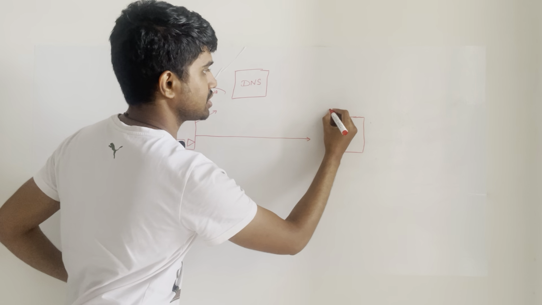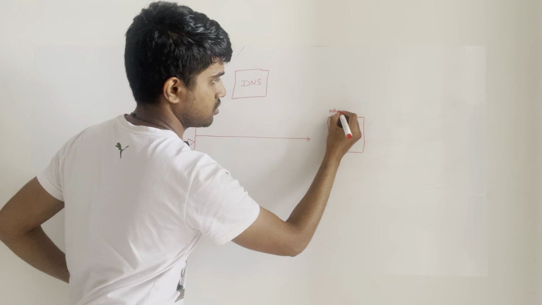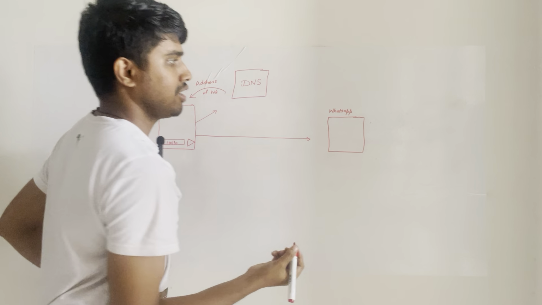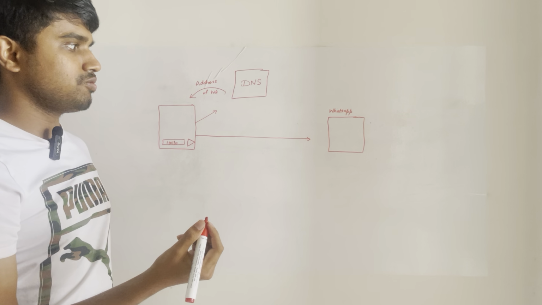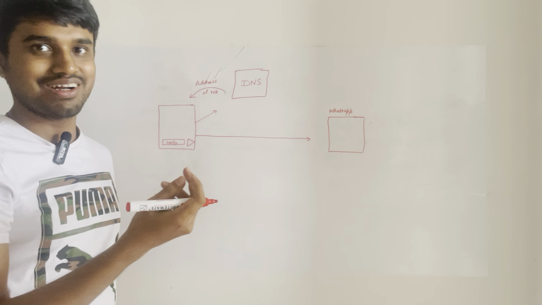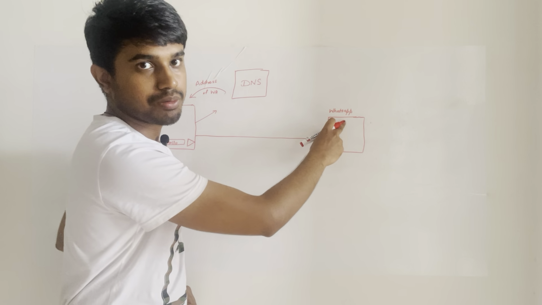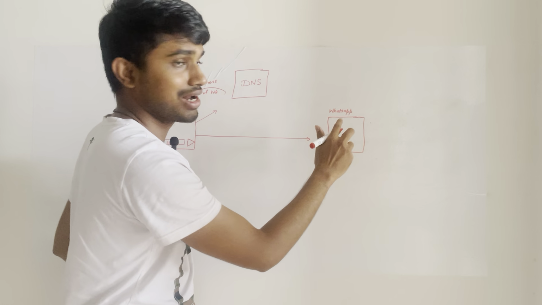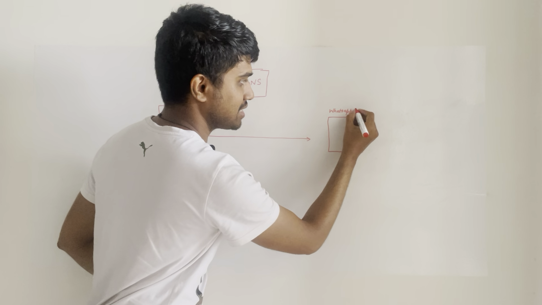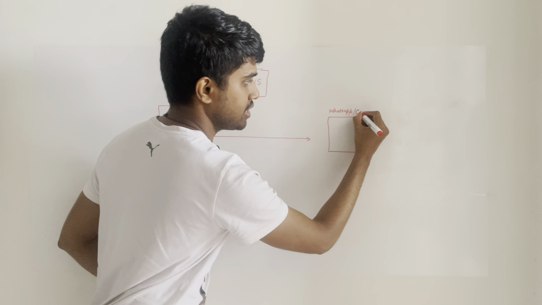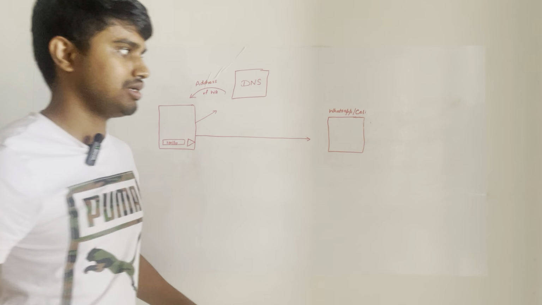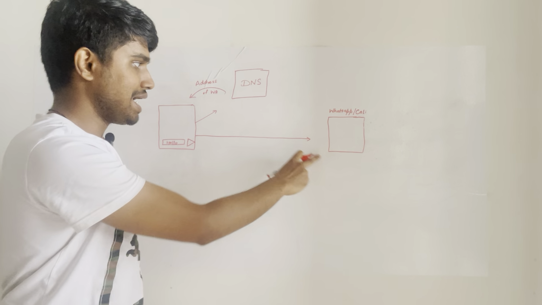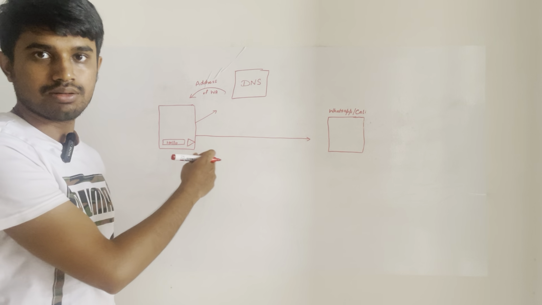Consider this as the WhatsApp computer. Just for fun, we can assume that this WhatsApp computer is in California. They have their headquarters there, I think. So let's assume that this is a computer located in California. So now you have hit the WhatsApp computer directly and said, hey, I want to send a message hello to